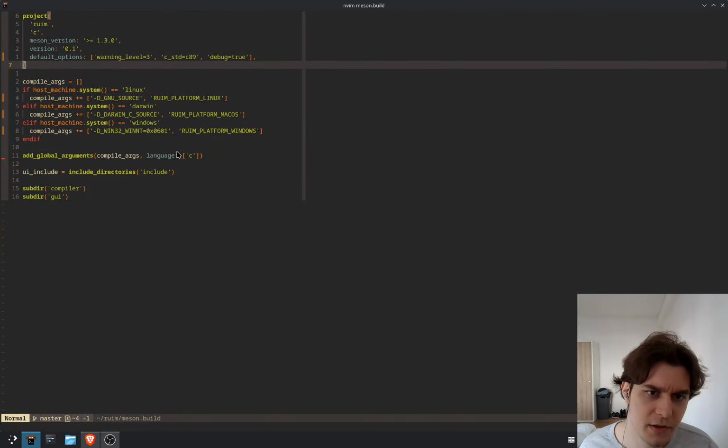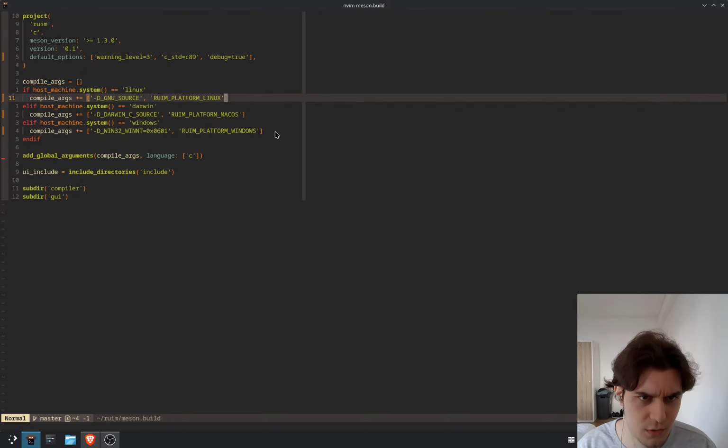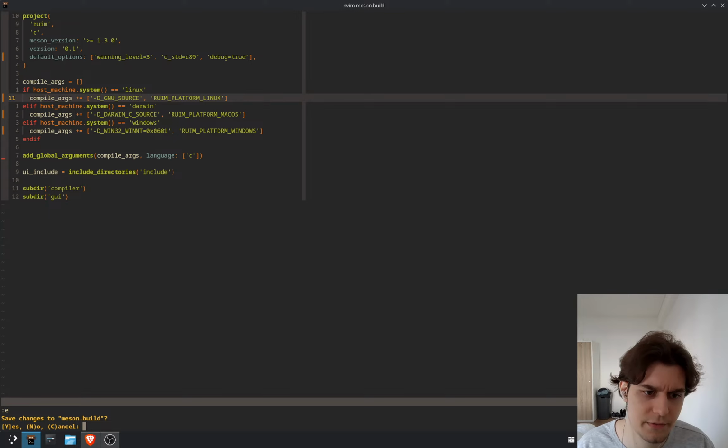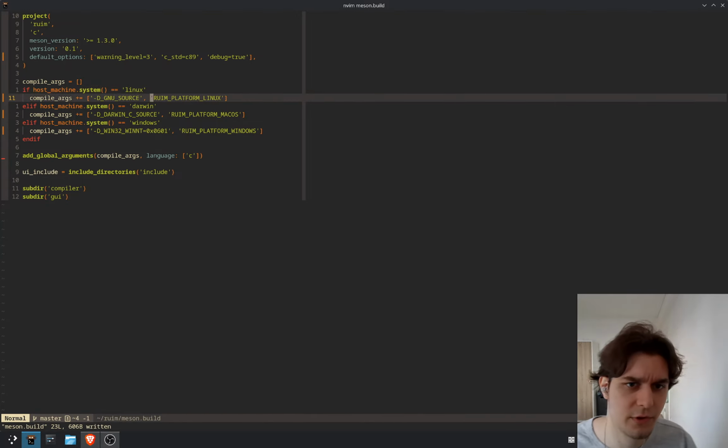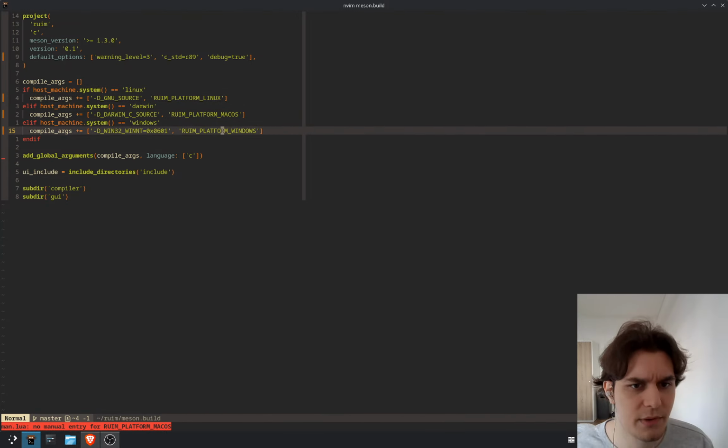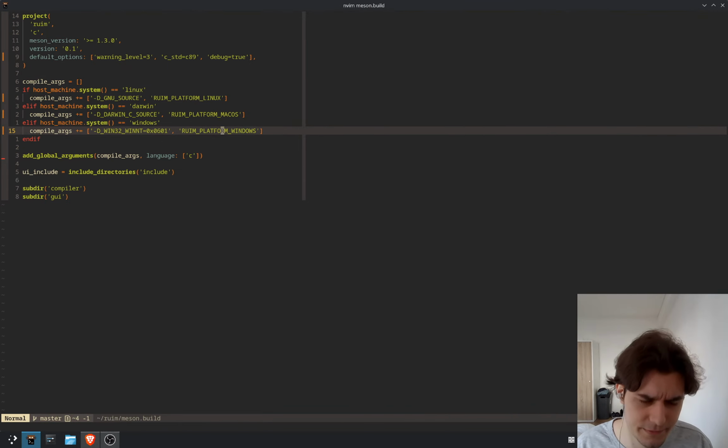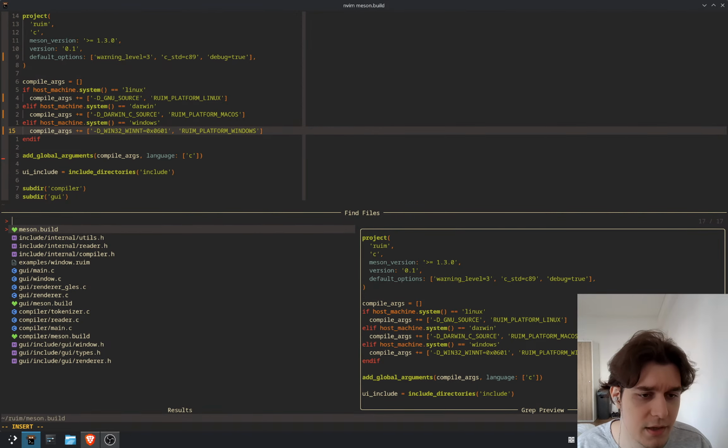Debug, it's very interesting to add. So I think adding platform Linux, platform macOS, and platform Windows is enough. Okay, let's go